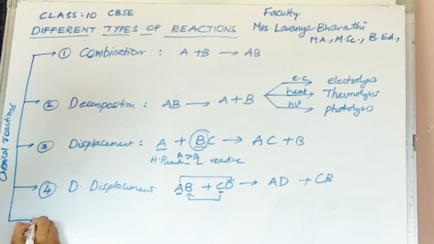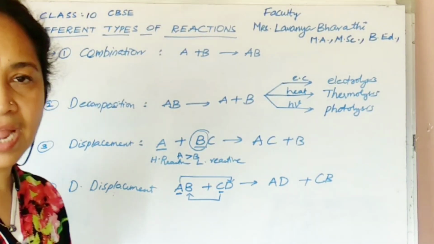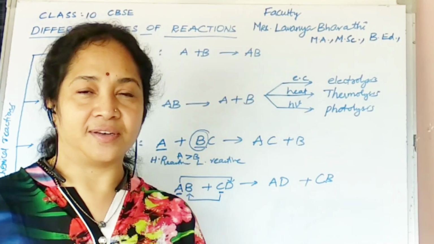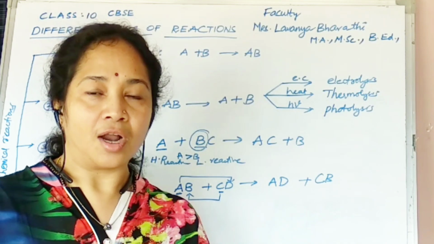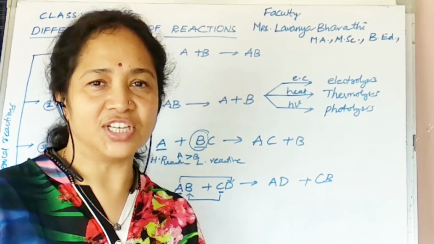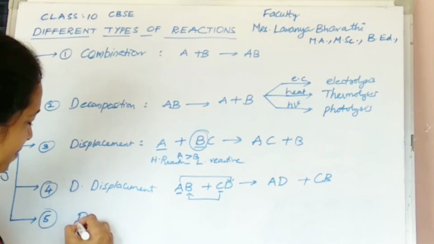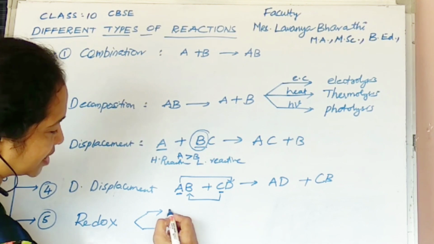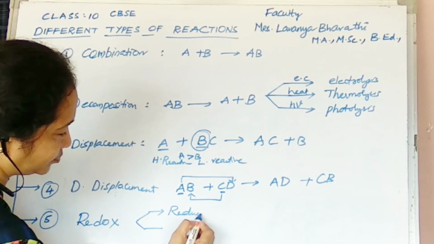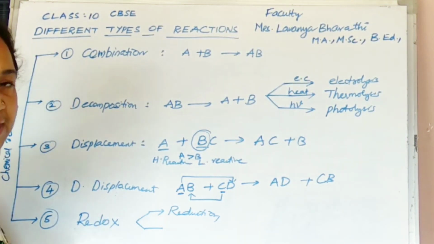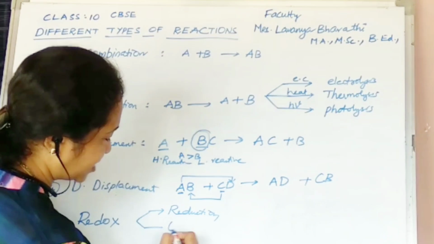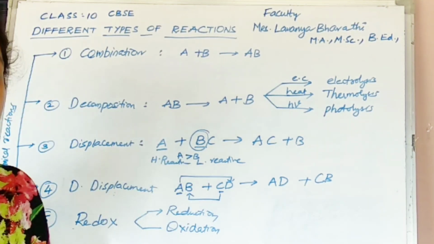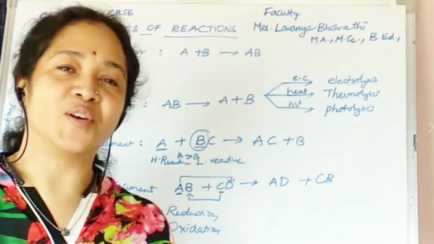Now the last category, the 5th category of reactions that you are learning here, is a new type. They are redox reactions. 2 important phenomena, called reduction as well as oxidation, take place. So here I call them redox. They involve 2 steps. First one is reduction. You can understand RED in the sense of reduction, OX in the sense of oxidation. So these are the 5 different types of chemical reactions which you are going to learn.